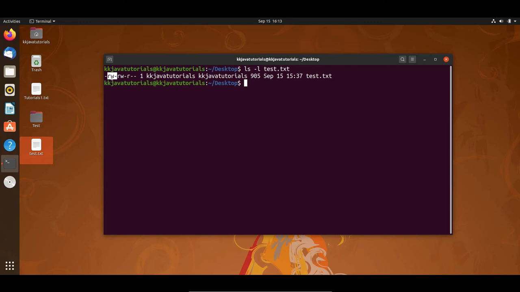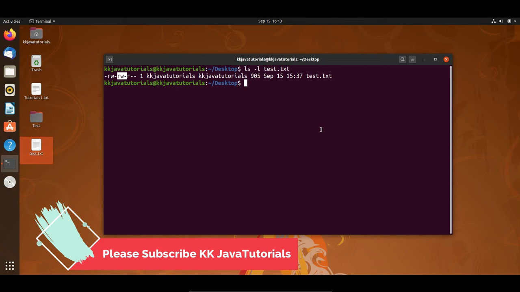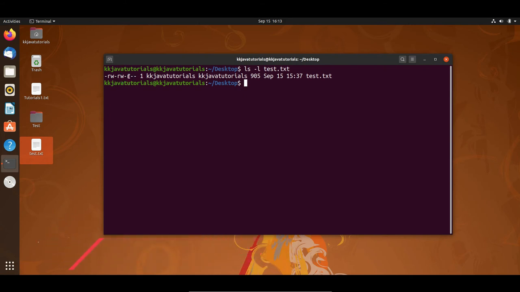R stands for read, W stands for write, and dash stands for no rights, meaning the user doesn't have execute permission. Now the next three characters represent the permission given to the group. The group also has read and write permission but not execute permission, and other users have only read permission but not write and execute permission, right?